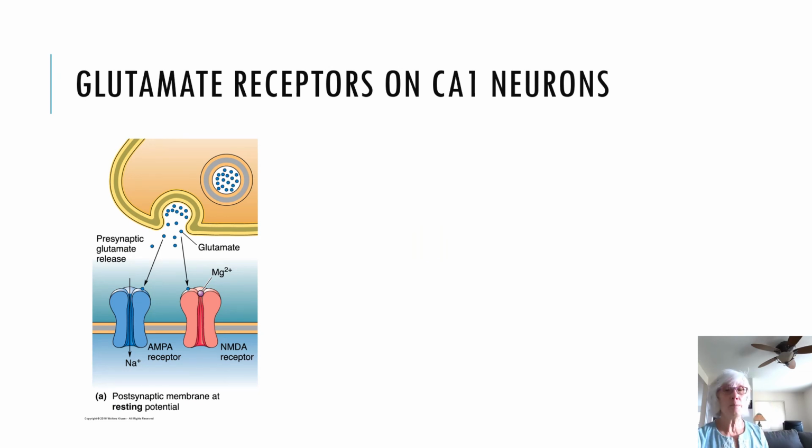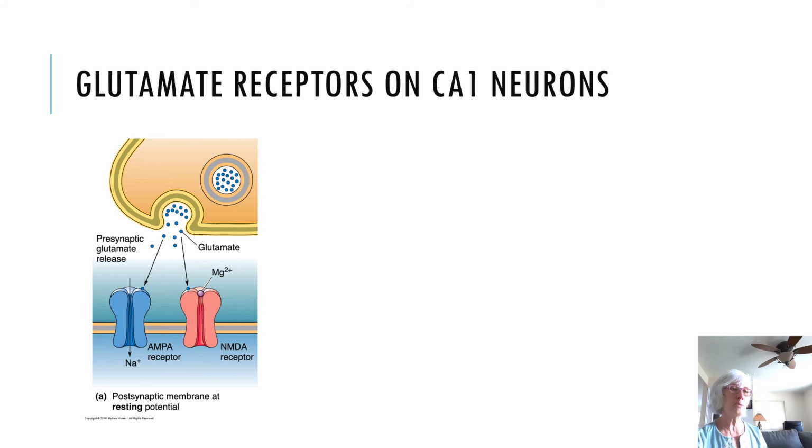We're talking about EPSPs, so these are excitatory potentials, and we're also talking about the central nervous system, so that should tell you that since glutamate is the most common neurotransmitter in the central nervous system, the cells we're talking about, the CA3 cells and the CA1 cells, are using glutamate as their neurotransmitter. What I'm looking at specifically is the synapse between the CA3 and the CA1. So the CA3 cells are going to be using glutamate, and that glutamate is going to bind to glutamate receptors,